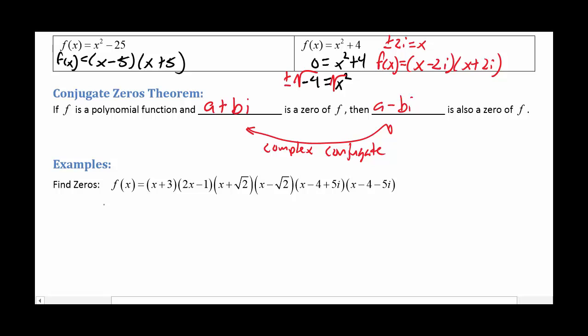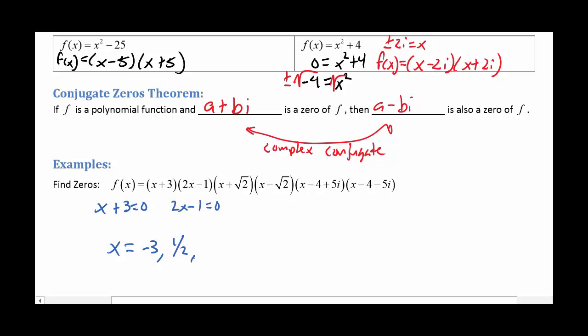And so you can write it out one by one and just say, well, x plus 3 equals 0, so that means x is negative 3. 2x minus 1 equals 0, so bring the 1, divide the 2, so I get positive a half. But hopefully we've gotten to the point where if we have it in factored form, then we can quickly solve